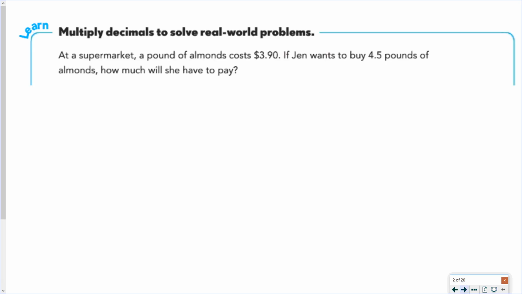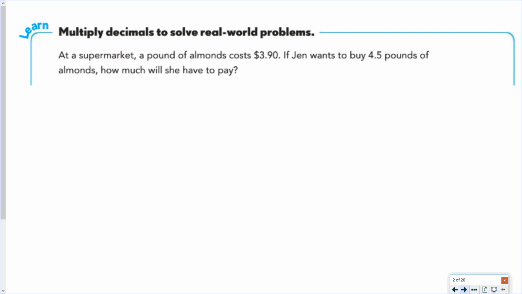As we start out here, our first example problem: at a supermarket, a pound of almonds costs $3.90. If Jen wants to buy 4.5 pounds of almonds, how much will she have to pay? One strategy that we could use in this situation is to solve a simpler problem. Instead of a pound of almonds costing $3.90, we could say it costs $4. Instead of having 4.5 pounds, we could say that she has 5 pounds. So if a pound costs $4 and she wants to buy 5 pounds, she would spend $20, which is 4